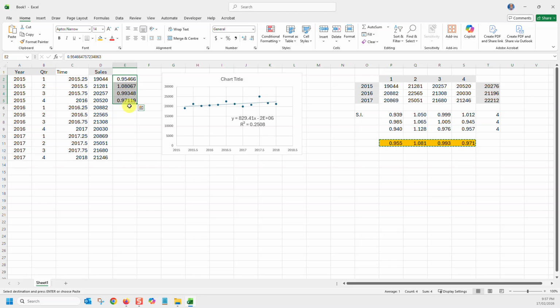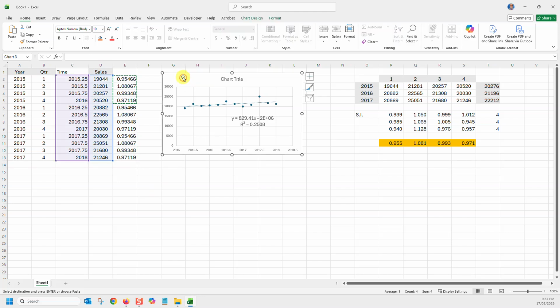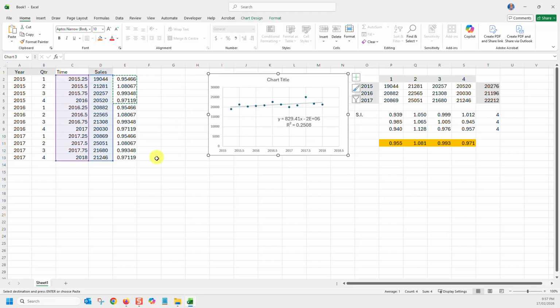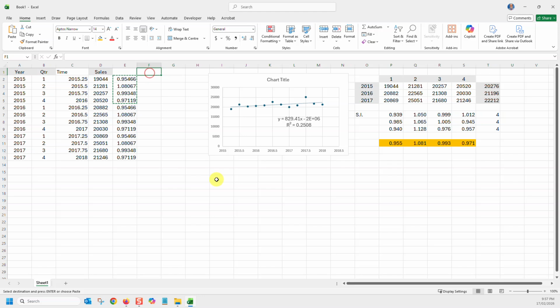we worked them out. Now that I've got them there like that, I'll have to copy the same indices down for year 2016 and 2017. Just move that a little bit out of the way. Now I'm going to find my